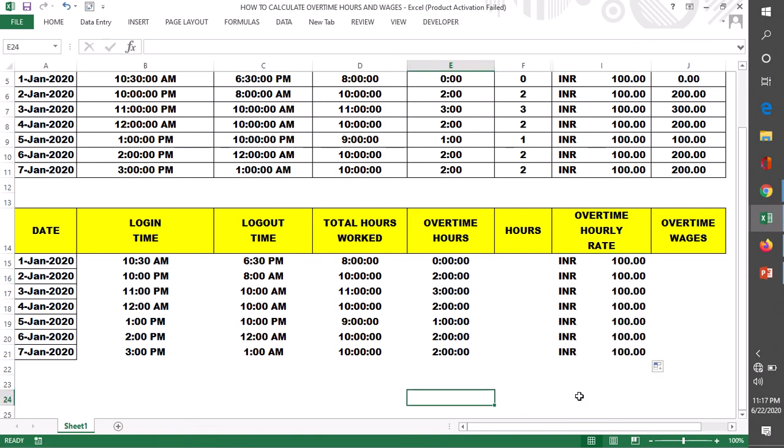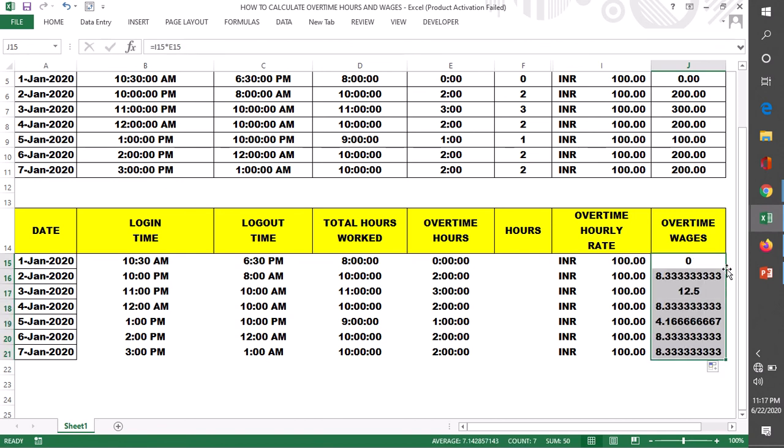I have dragged it, and simply we will do the multiplication, number of overtime working hours into overtime hourly rate, so we get the overtime wages, right, with the asterisk sign or multiplication, and we will get the values.